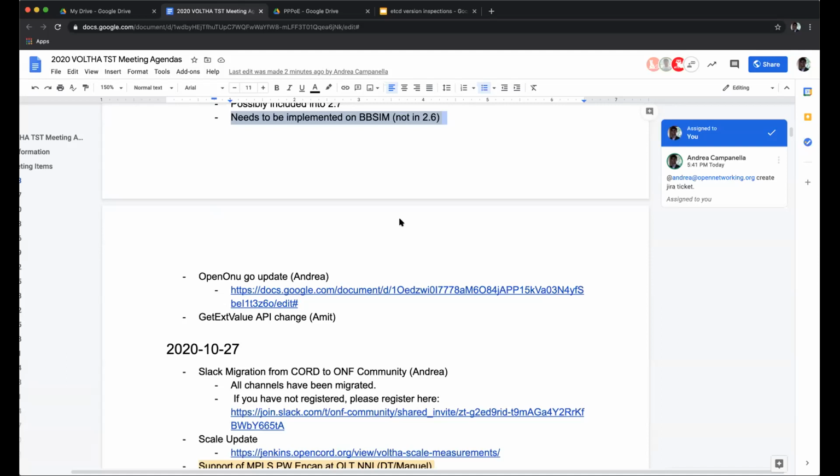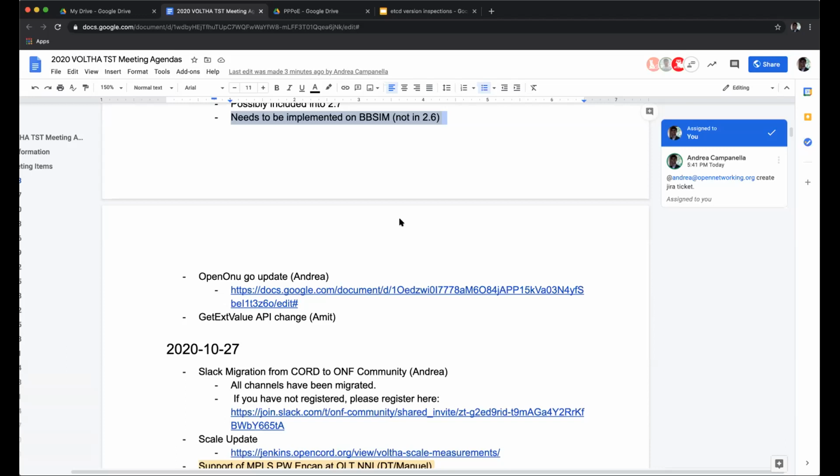The big missing feature is the multi-TCONT implementation that is to support the Turk Telecom workflow, but I have pretty good confidence that in the next days and weeks we can work on that with the help of Adtran and Netsia and get that in. That's the big feature. There are a few things that might not make it into 2.6 with the Go adapter,